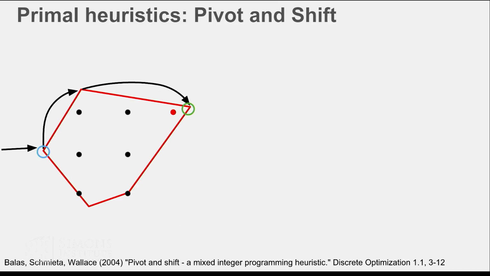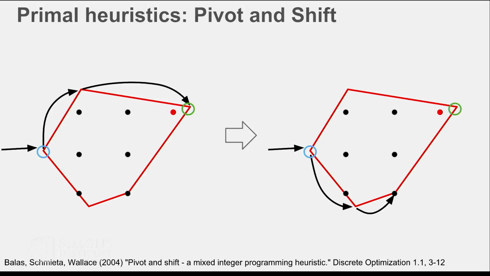Okay, so this was the preprocessing, then was the root relaxation, and now the primal heuristics. So here are again some examples. For example, pivot and shift. This is a heuristic which uses the simplex machinery, but it changes the order of jumping over the vertices. So the idea is that in the revised simplex, if you push variables out of the basis, you